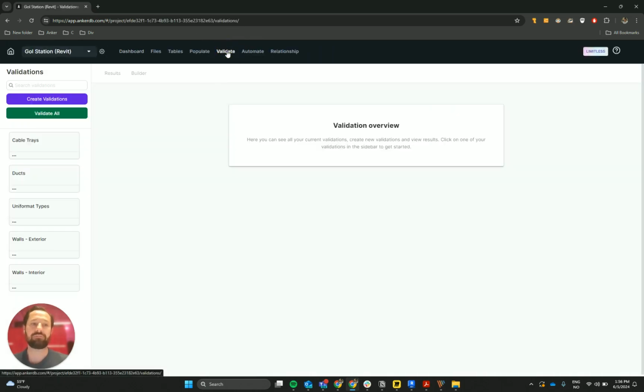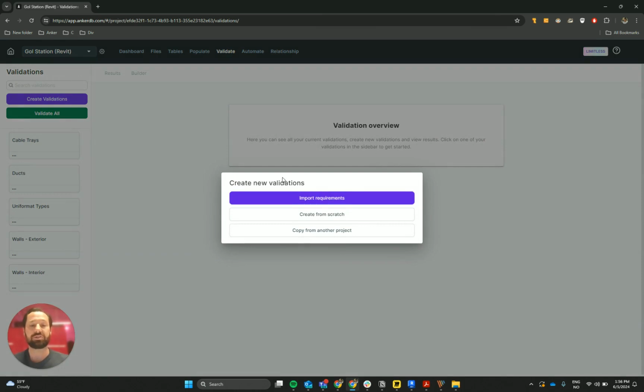I'll go into validate, and in this example, I'm going to first start with validating doors. So in this project, we are using a classification system called Uniformat, and my doors should be classified with the code. So now I will just start from scratch, but of course you can also copy your validation from other